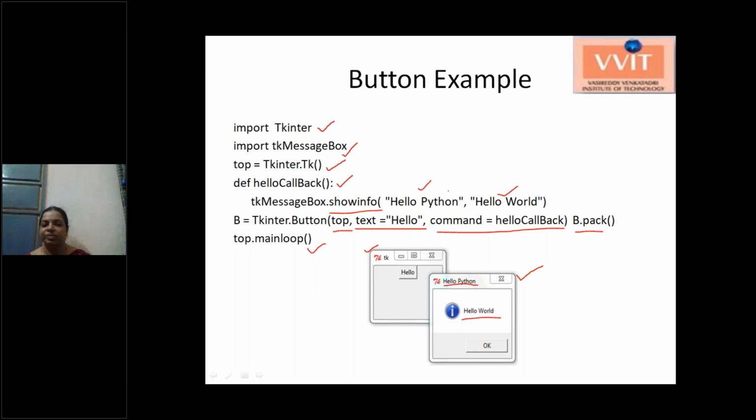In the next class, we will see pattern matching, that is regular expressions, and we will go for the turtle graphics, test module, and threading module. We have four modules for the next day's class. That is the last class for our unit 5. I'll complete those four modules in the next class.